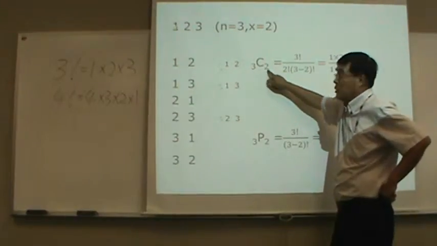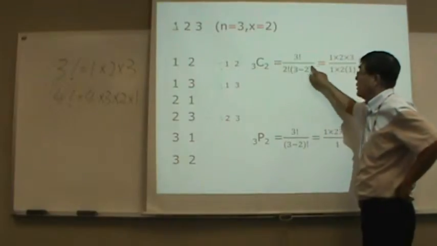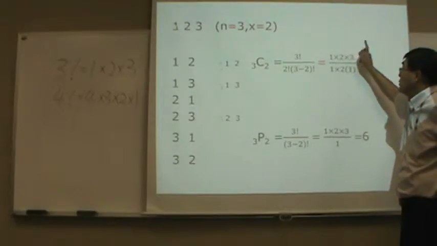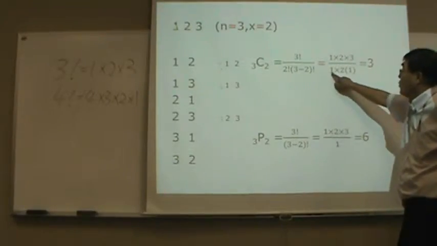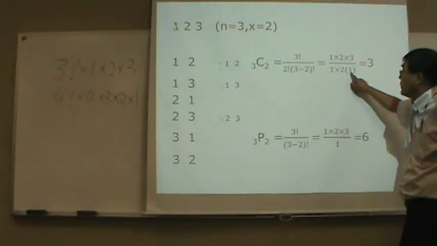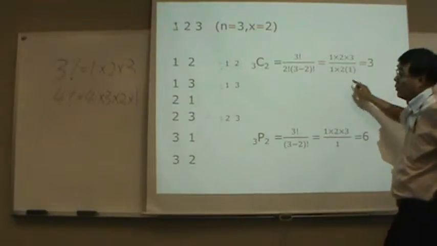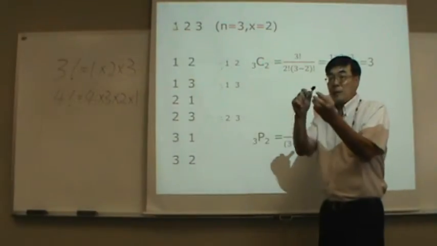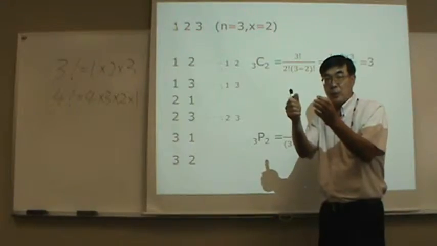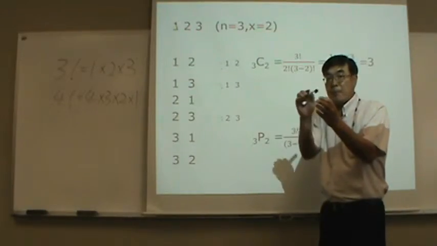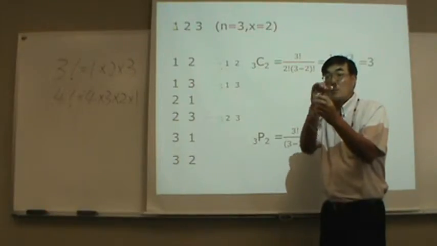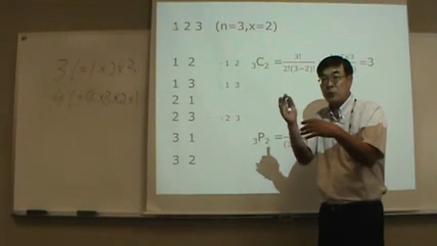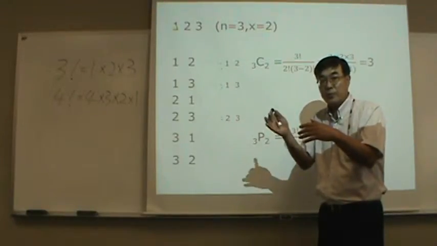Combination, 3 and 2: 3 factorial divided by 2 factorial times (3 minus 2) factorial, 1 times 2 times 3 divided by 1 times 2 times 1, that is 3. Only 3 possible outcomes. So in a combination lock, if I said 1, 2, 3 or 3, 1, 2, the members are the same,